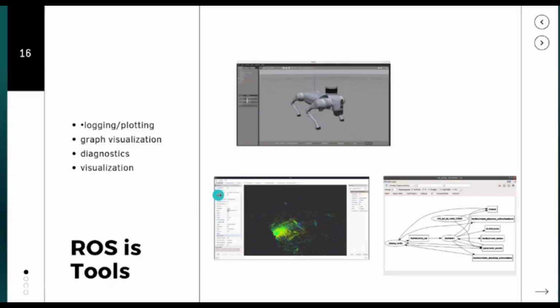This is basically the RViz2 software which comes with ROS, and this is the Gazebo simulator, which also comes with ROS2. In this Gazebo simulator, it lets you simulate any kind of environment, and also upload the URDF files, which means the